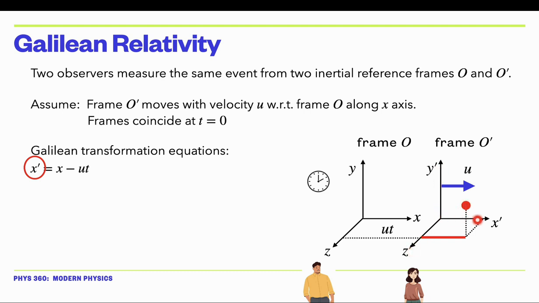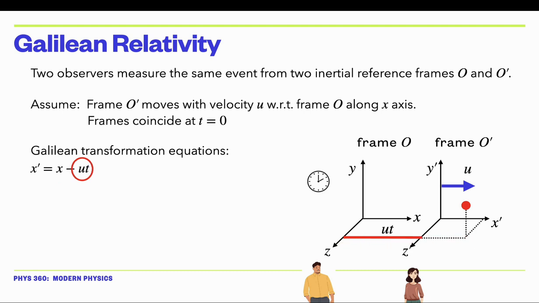So if this is the x-axis, x prime will be this distance from x equal to 0 out to where the object is. So that's x prime. It's equal to the measurement that somebody in the O frame would measure. That's the distance from here all the way out to where the object is. So this total distance, that's x,